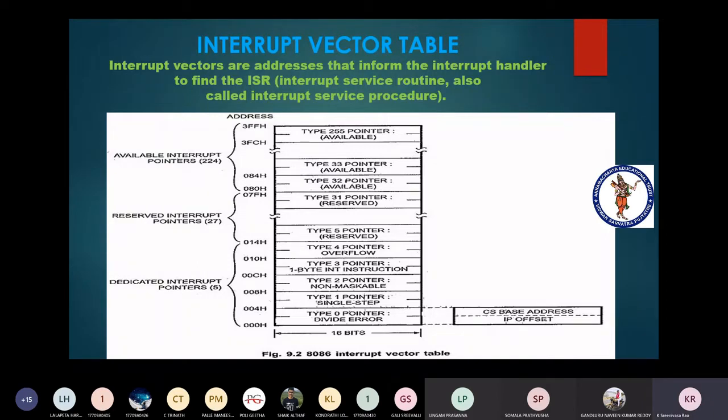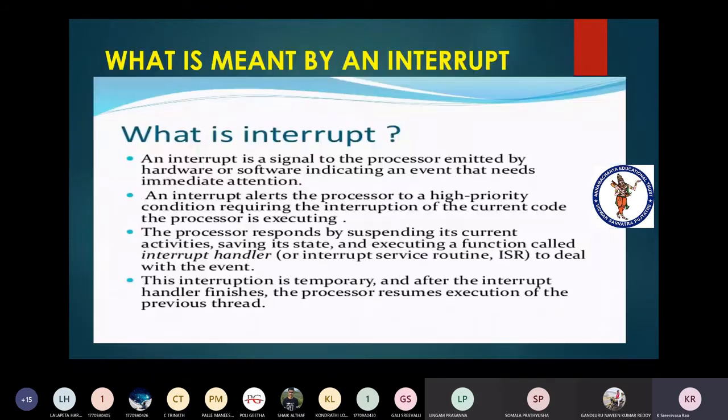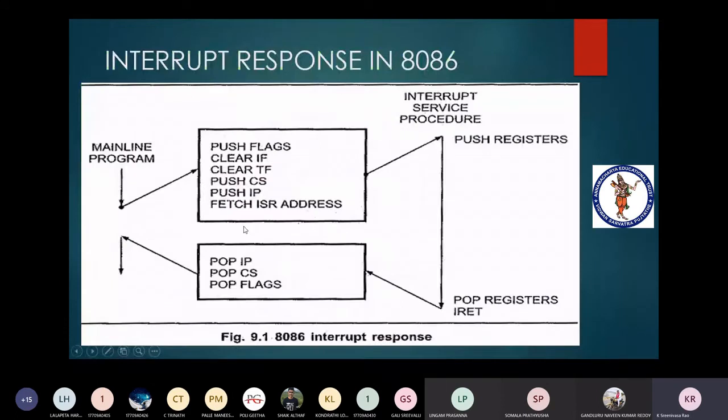Whenever the call instruction is executed, the code segment contents and instruction pointer contents are copied onto the stack. I already showed that here: push the contents of CS and push the contents of IP. The reason is that internally, automatically, one far call is executed. That is not physical, it's virtual. That process takes place immediately after receiving an interrupt. After completion of this, it starts the execution of the interrupt service routine.